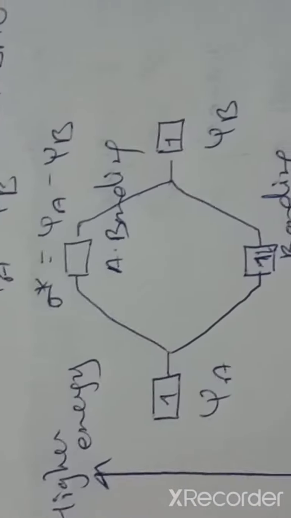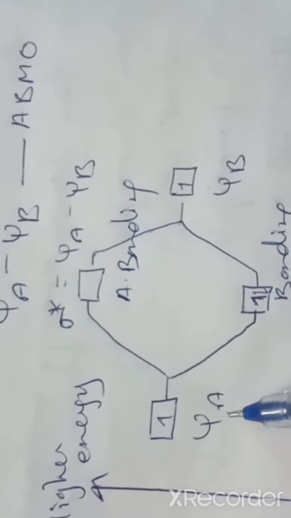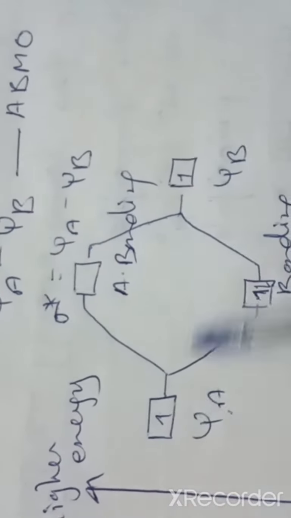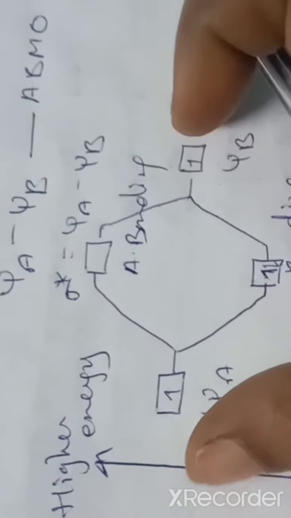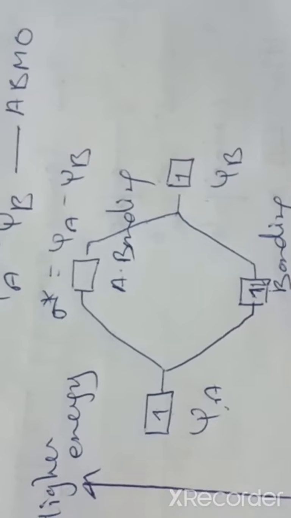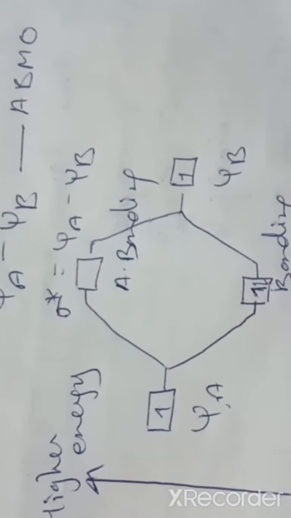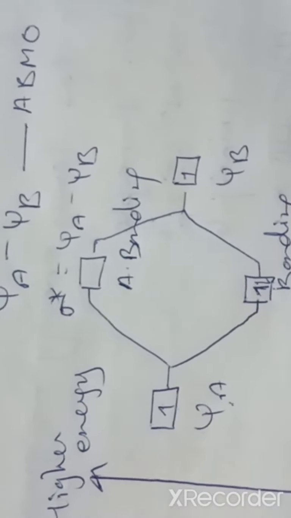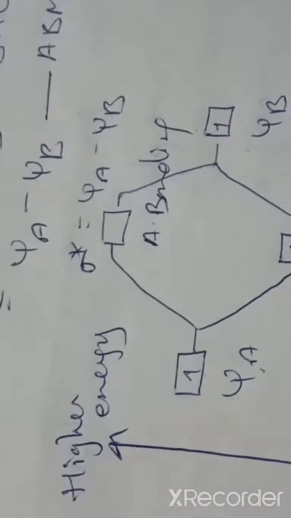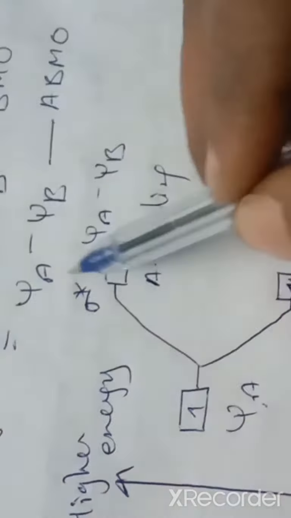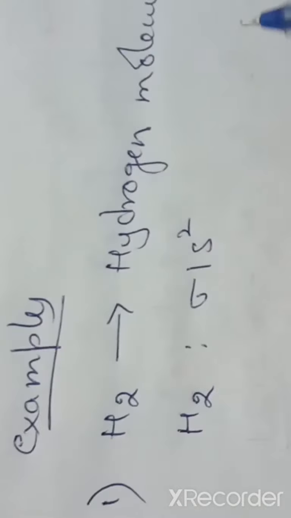We have already drawn the diagram in the previous class, so look at this diagram. This is for hydrogen. This is hydrogen 1, this is hydrogen 2. One electron comes from the first hydrogen atom and the next electron from the other atom. These two electrons combine in the sigma orbital, that too in the bonding orbital. Here sigma means the bonding orbital, and sigma star means it is anti-bonding. So that is the diagram for the H2 molecule.